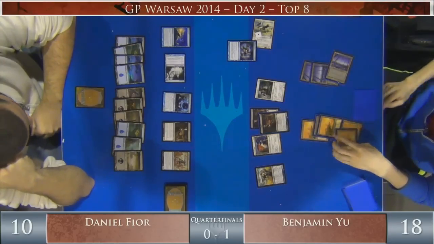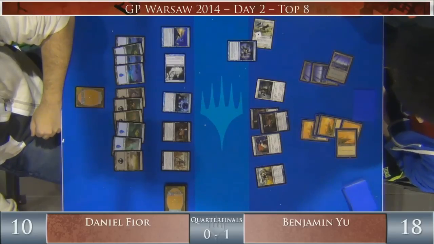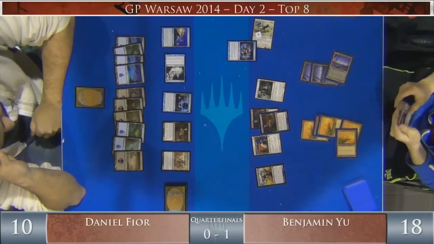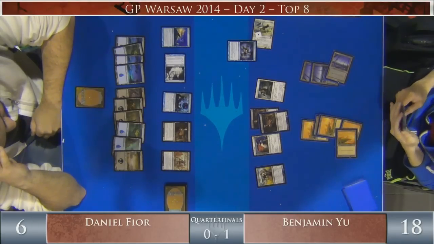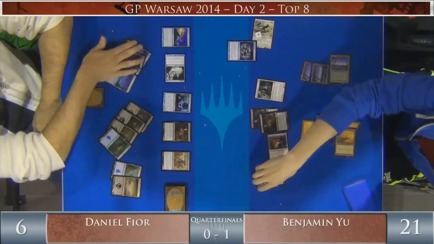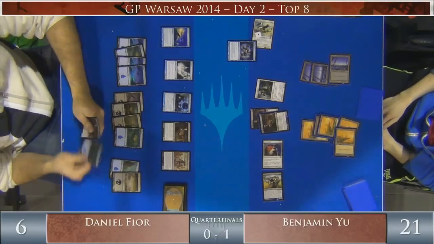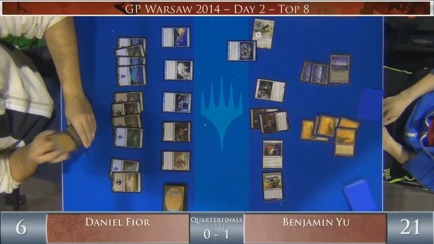Another Grim Guardian, shortening the clock. So Daniel Fior loses two life. And Benjamin Yu is really well positioned in this matchup. Has all the defensive creatures as well as the long game. Yep. The only thing that's stopping Benjamin Yu is maybe flying creatures, yeah. But with just a Vaporkin on Daniel Fior's side, just not enough. He does draw a second card, so we're going to see double